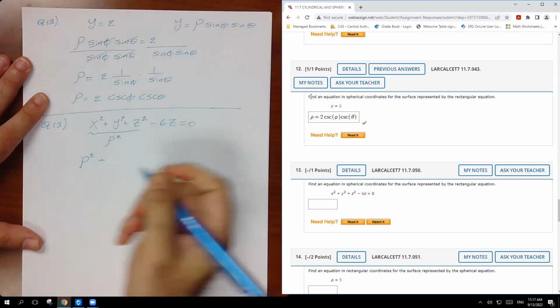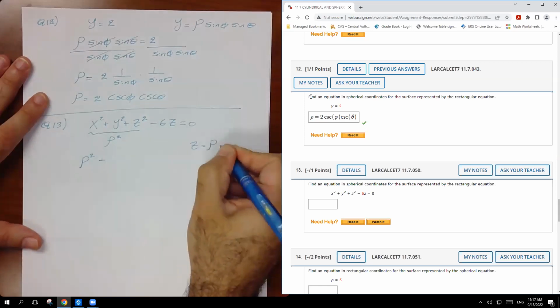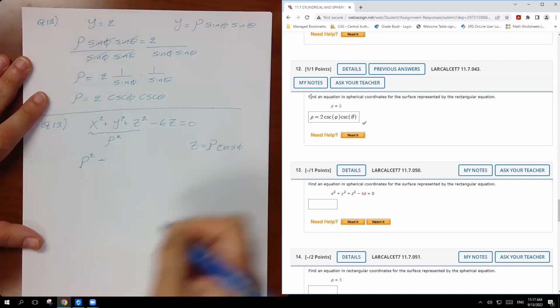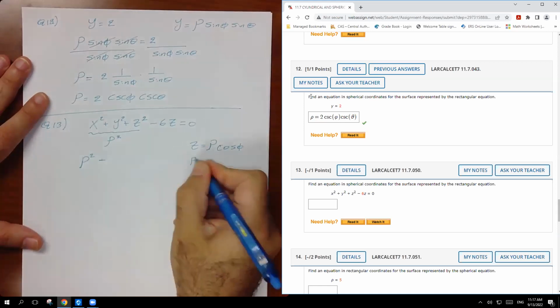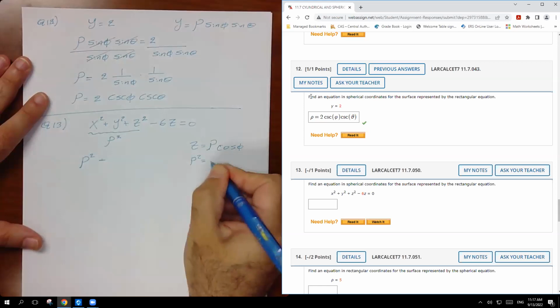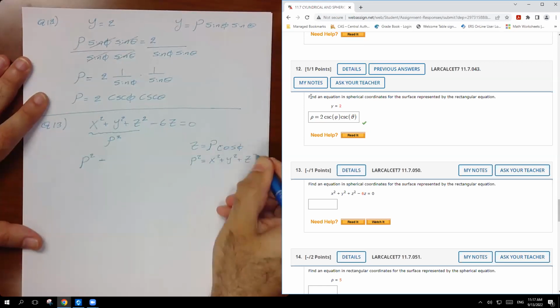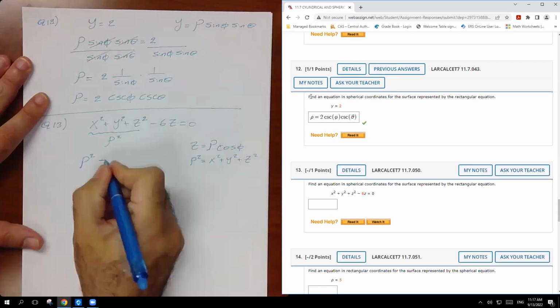We already know z equals rho cosine phi. This is the z. And we already know rho squared equals x squared plus y squared plus z squared. So I'm going to plug in this one here, and z by itself is going to be minus 6